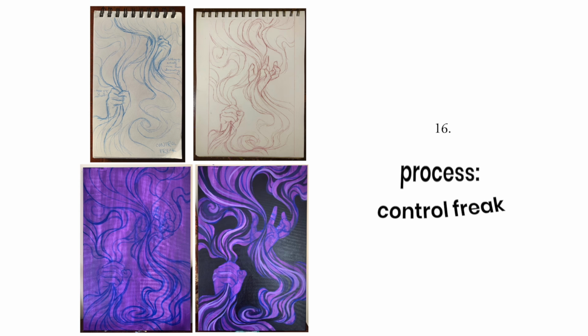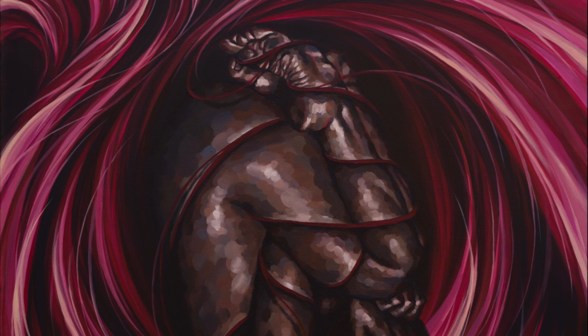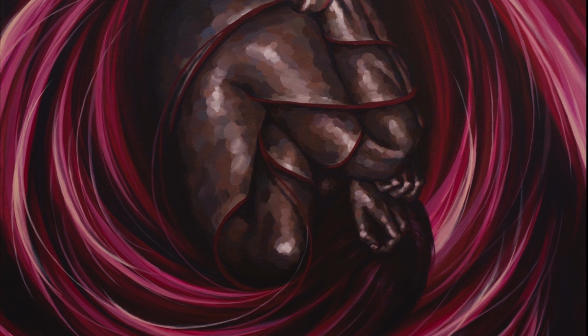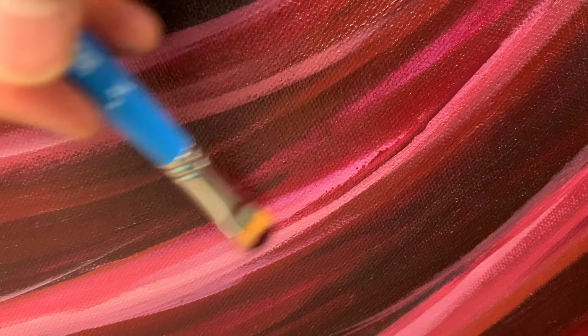More process photos. This is the piece that for some reason blew up on TikTok. I just checked and it's at like 53 million views, which is so whack I can't even begin to conceptualize it. I also absolutely despised how this one came out. I don't know why all the paintings I hate the most make it into the TikTok algorithm's good graces, but thanks. Anyway, description time. In this piece, I wanted to explore the impact that the difficult relationship with my mom